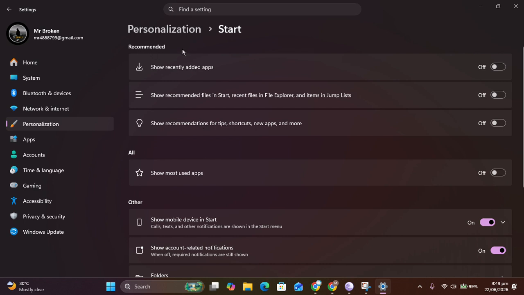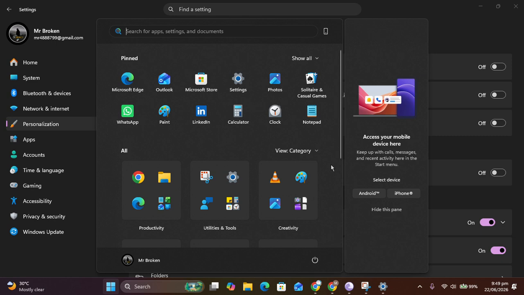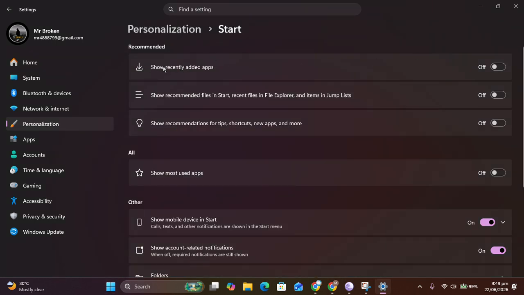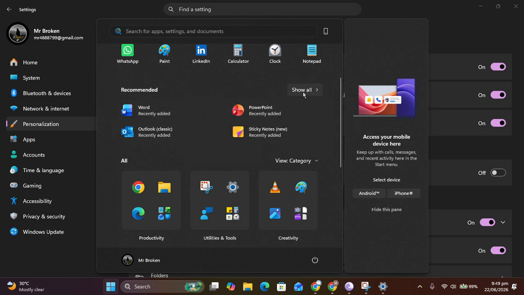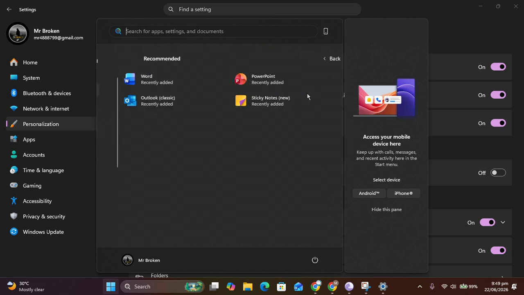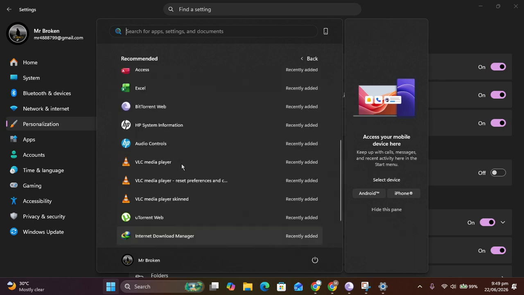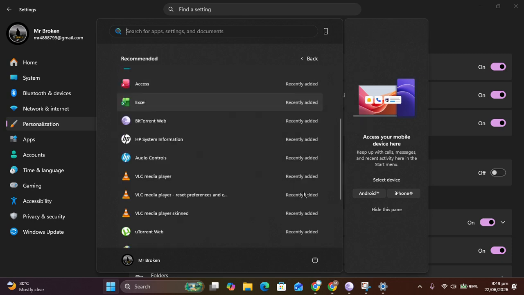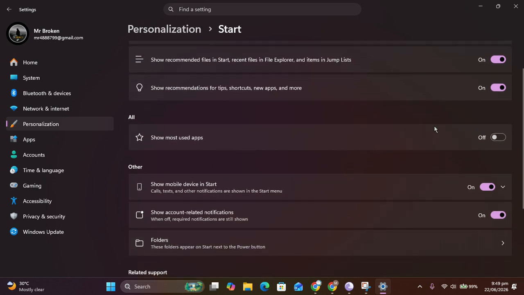Now in Start you must see this Recommended folder here. This time you can see I don't have any recommendations here, but if I enable these toggles, I might get recommendations here. Now when you click on Show all, you might see all the recommendations or all the recent apps you have added to your PC. Now in this, to show most used apps, you just have to enable this